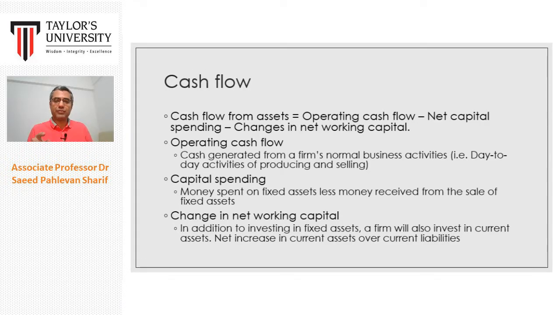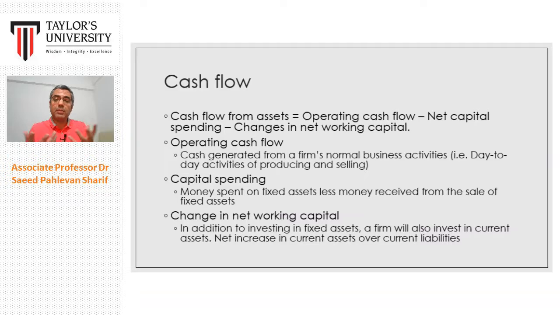So cash flow from assets. What is cash flow from assets? It is free cash flow, right? It means the cash flow that, as we remember from the previous slide, we can pay to the creditors, those who lent money to the firm, and to shareholders, those who are the owners of the firm and put their money into the business. Now, this cash flow from assets, or free cash flow, can be computed from operating cash flow, the cash flow generated from the operation of the company,